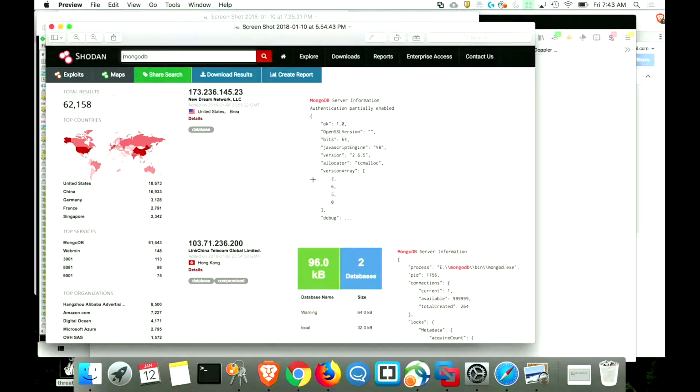Okay, so just doing a search for MongoDB, you can see two different instances there. You've got one that has some kind of authentication partially enabled, and then this one where you can see the two databases. That doesn't have any authentication. All Shodan's doing is scanning. I type in MongoDB, you can search for IPs, but it's just scanning and seeing what it can actually reach, and it can just reach the database. So it doesn't have any authentication on there.